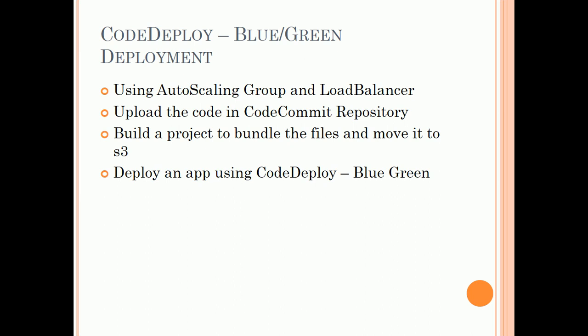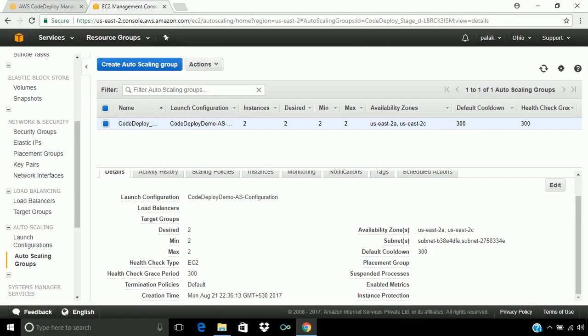So let's see how it works. I have already created an autoscaling group and load balancer for this lab. Autoscaling group creation is as simple as EC2. We also have to use the user data which we used during EC2 creation for creating the autoscaling group. The only difference is we just have to mention how many instances we require for the same configuration. So in this autoscaling group I have mentioned 2 instances.